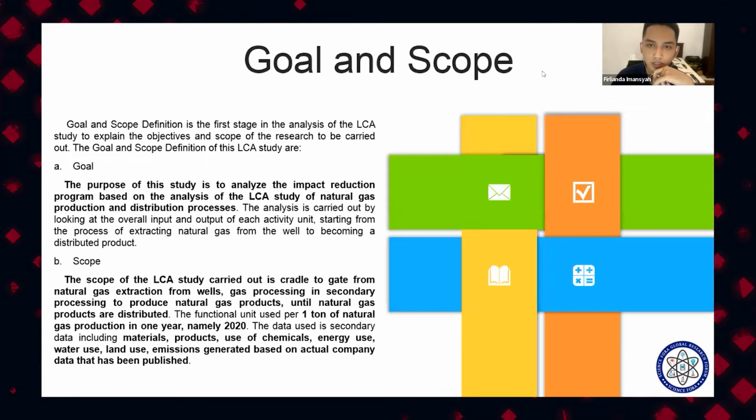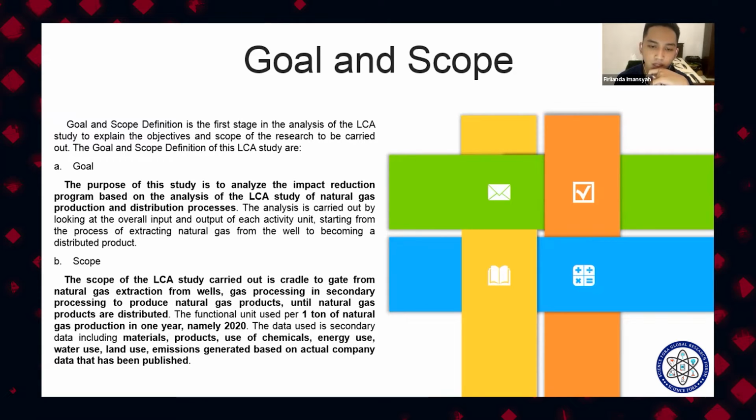The results, first, is the goal and scope. The purpose of this study is to analyze the impact reduction program based on the analysis of the LCA study of natural gas production and distribution processes. The analysis is carried out by looking at the overall input and output of each activity unit, starting from the process of extracting natural gas from the well to becoming a distributed product. The scope of the LCA study is cradle to gate, from natural gas extraction from wells, gas processing and secondary processing to produce natural gas product, until natural gas products are distributed. The functional unit used is per 1 ton of natural gas production in 1 year